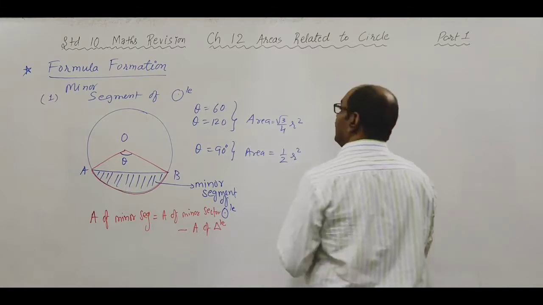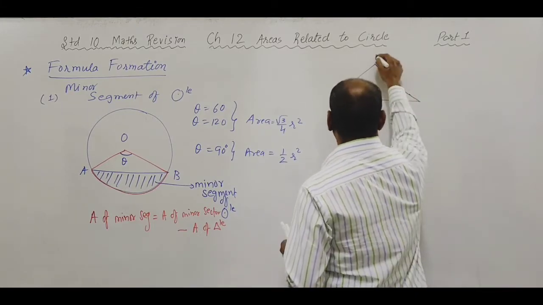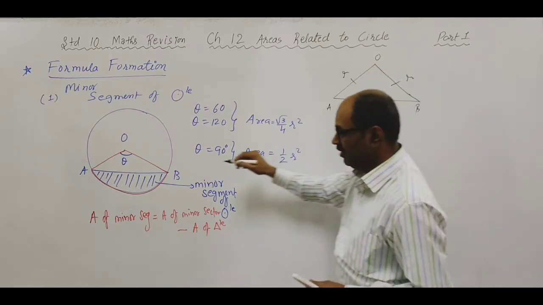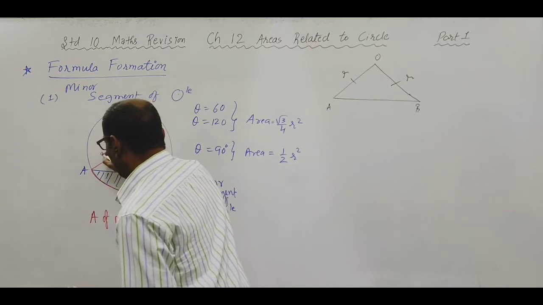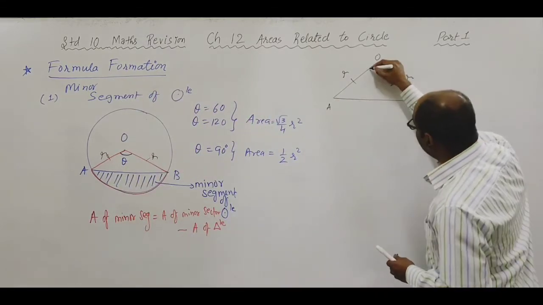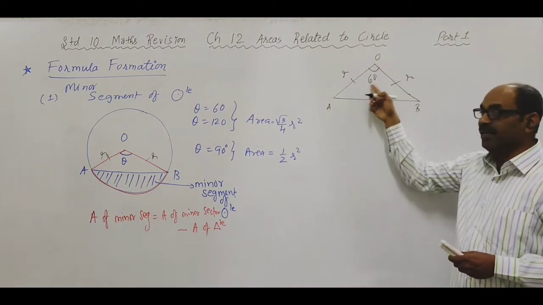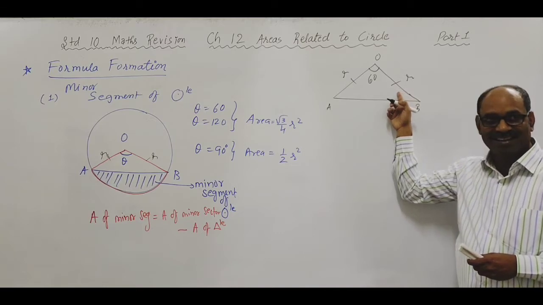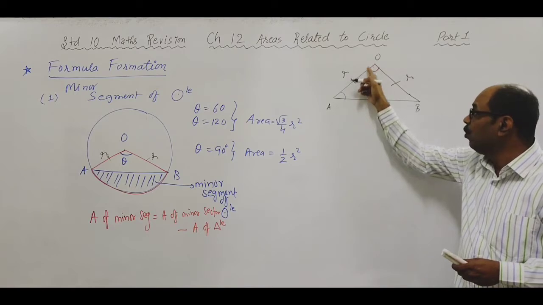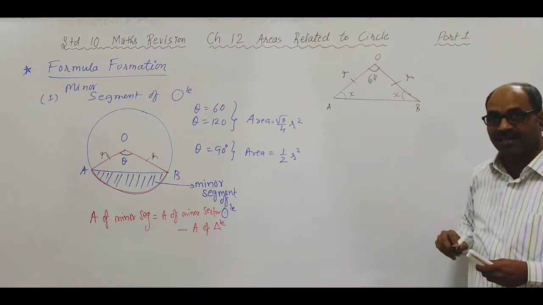Okay? चलिए, ये मैंने साइड पे ट्राइंगल क्या ले लिया? OAB. I've taken triangle OAB. ये क्या है? This is radius. You understand? OA and OB are radius. और ये theta क्या है? 60. All right. Now these two sides are equal, so it is an isosceles triangle. So angles opposite to them are also equal. OB के सामने angle A, OA के सामने angle B. Let me call it x each because they are equal.